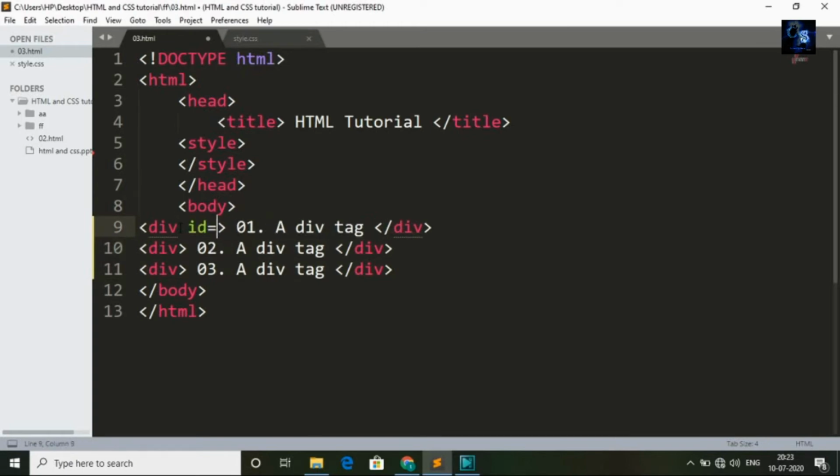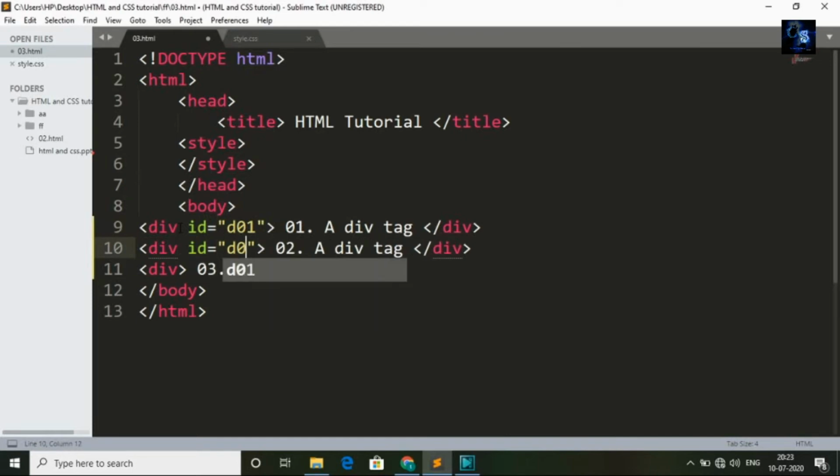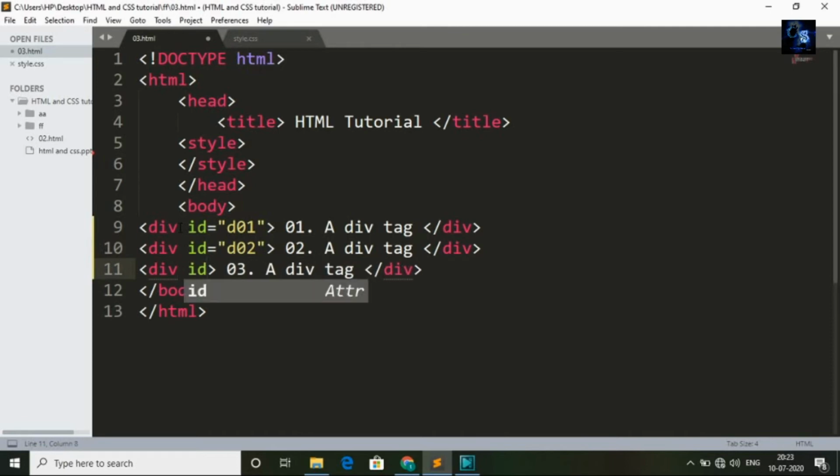ID equal to D01, and I will also create an ID for the second tag, ID equal to double inverted comma D02, and I will also create an ID for the third tag, ID equal to double inverted comma D03.